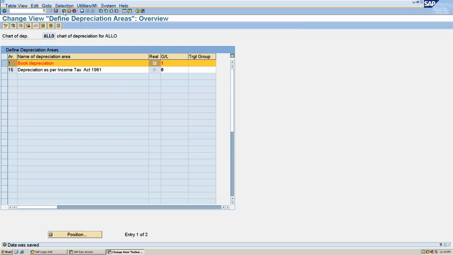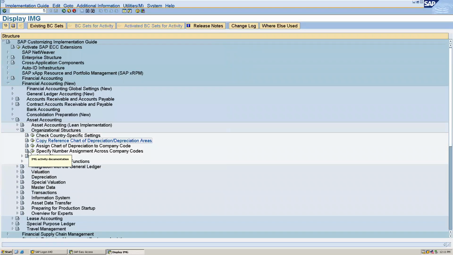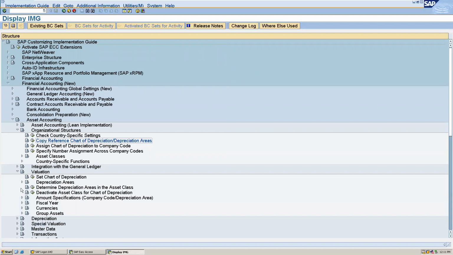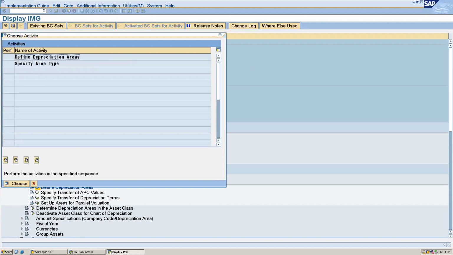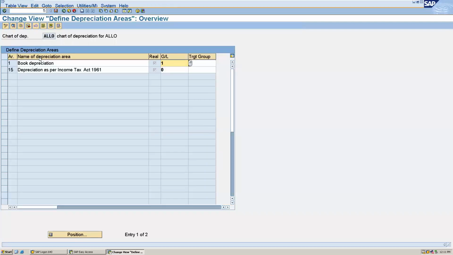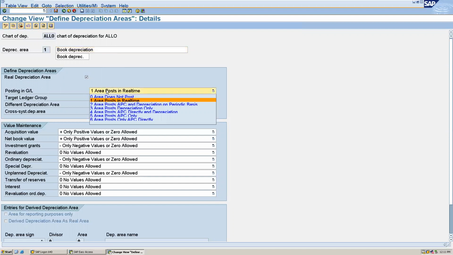Now we have to define the depreciation area. For that, you have to go to valuation, depreciation areas, define depreciation areas. Select the book depreciation. Here you can see the posting in GL, area posts in real time.